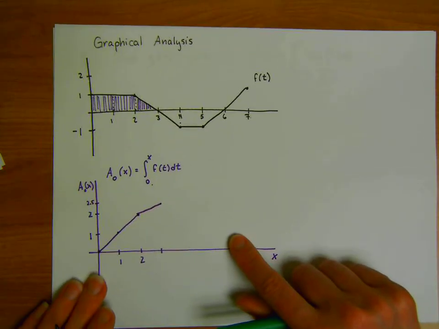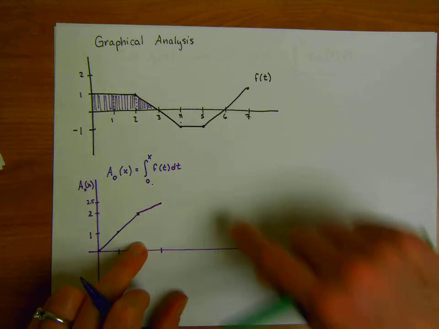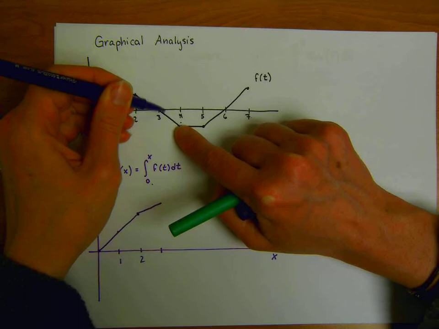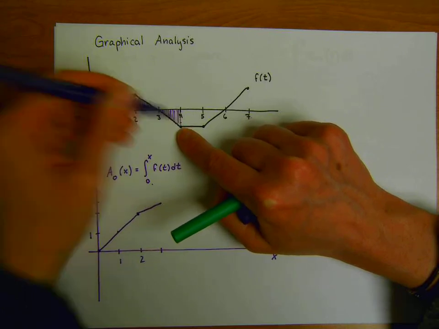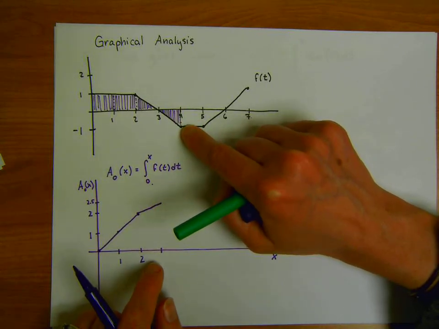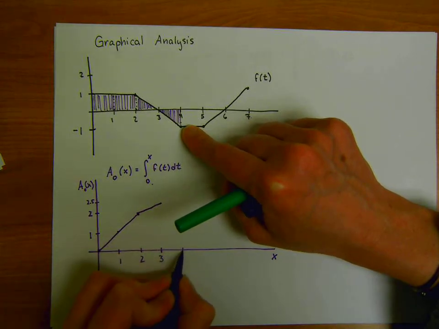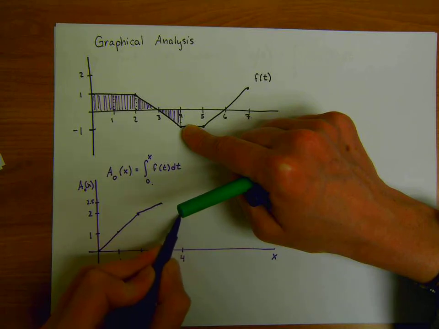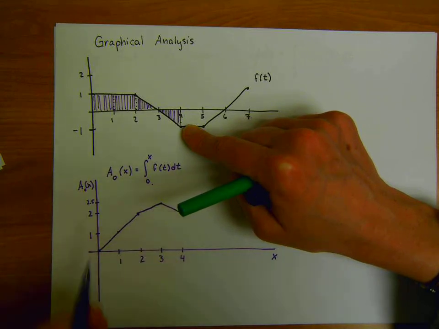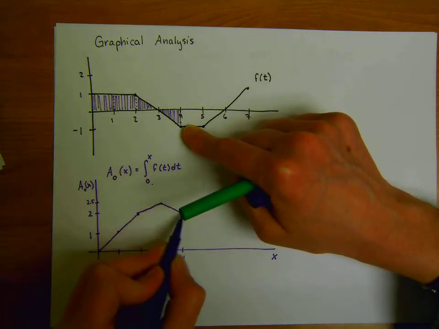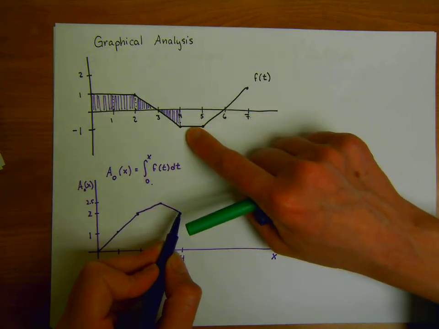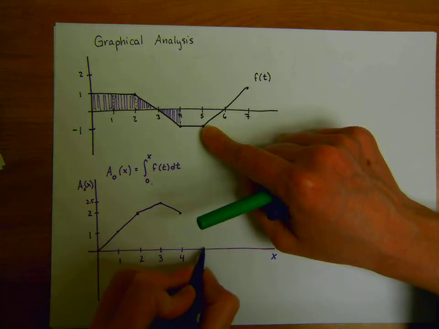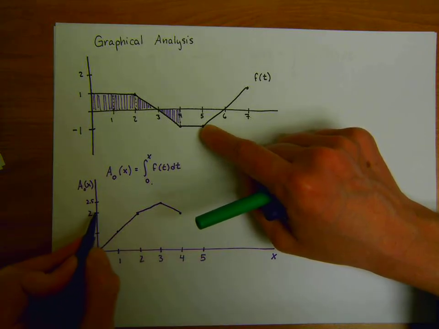Right, so I'm still accumulating just at a lesser rate. But when I get to here, I'm accumulating areas that are under the x-axis, which I'm going to represent as negative values. So as I travel from 3 to 4, my area accumulation function is now going to be decreasing. And it decreases by a half unit because this is a half unit of area. And then from 4 to 5, I'm going to decrease by a full unit